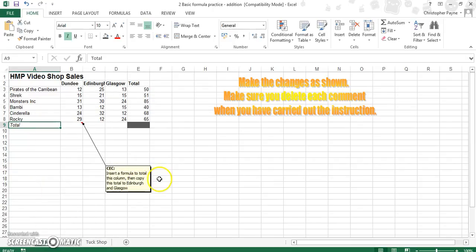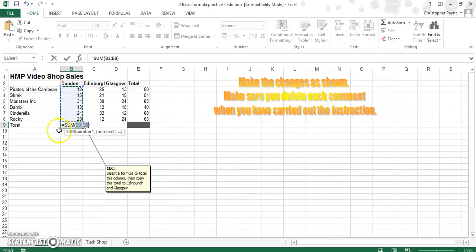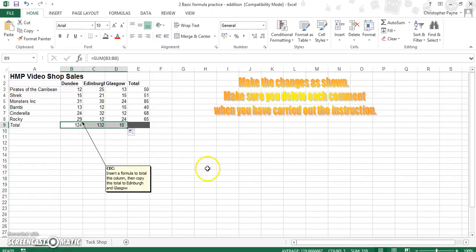Lastly, our last instruction, insert a formula to total this column, then copy this total to Edinburgh and Glasgow. So we're adding up what we see before us. So again, same as before, you can do equals sum, or you could go to auto sum and then click on sum. It will put brackets around the range. You can check your range is correct and push enter. Then simply just drag and copy across. And lastly, we'll delete our final comment,